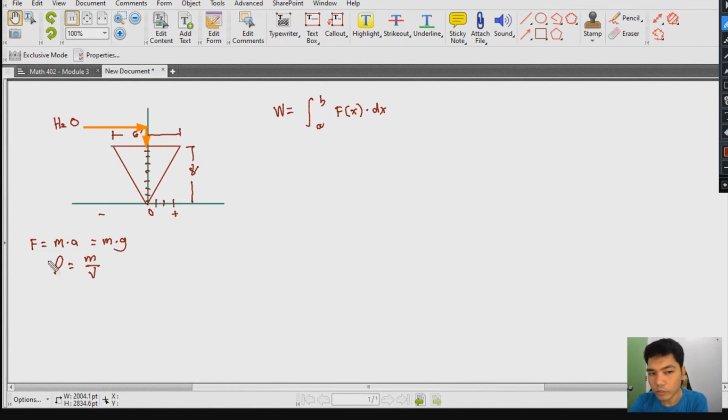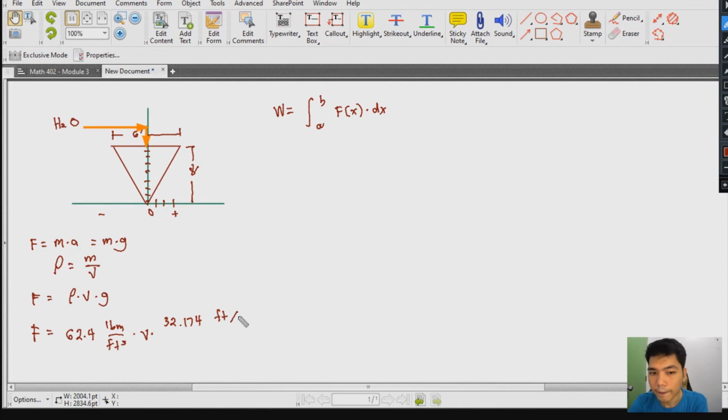And of course, if you want to incorporate this density in terms of mass, we could just have the force equal to density times the volume times the acceleration due to gravity. And in this case, if this is given in English units, we could just say that the force is equal to 62.4. That's the density of water in English units, pound mass per cubic feet. We multiply this by the volume, which we do not know yet, and then we multiply this by the acceleration due to gravity, which is equal to 32.174 feet